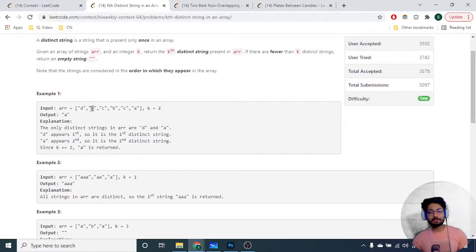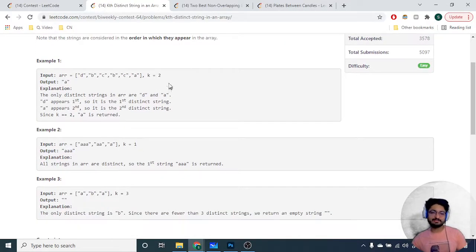Now if you go from left to right, you might say that okay, B is the answer because B is the second different string. No, because you're talking about the whole array. As you can see, B is occurring twice, so this is not a distinct string. I'm not talking about distinct till now, I'm talking about distinct in the whole array. So you have to first find out the distinct strings, those that do not occur any number of times more than once, and then among all the distinct strings, find out whether the kth distinct string exists or not. If it exists, then print out that string, else you cannot.